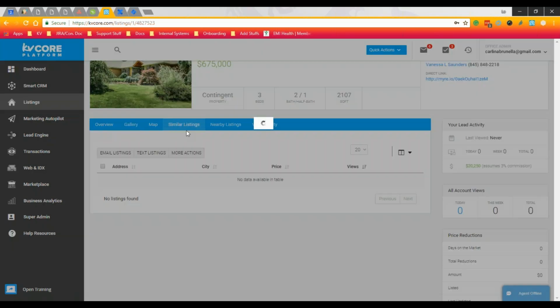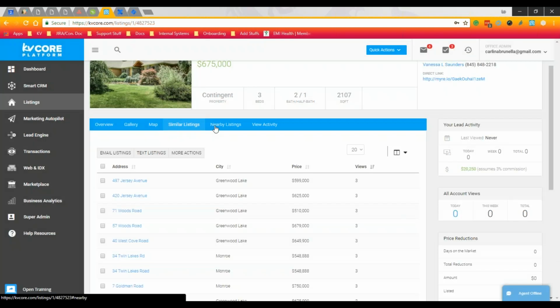It's also going to show you similar listings and nearby listings, which I love because if I were an agent, I would be using this all the time. If I'm with a lead or a potential lead and they are really, really interested in this one property, but it's off market or there's a better offer on the table and you know just because of your experience they're probably not going to get it,